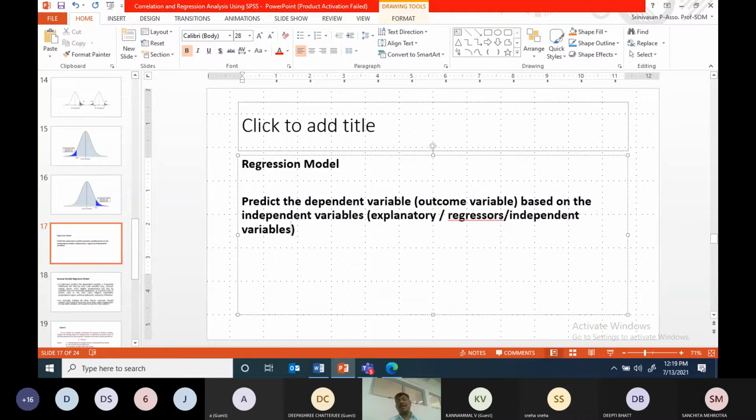Independent variables. Don't worry, participants. It is my duty to finish the topic which I have committed to. Number one, correlation. Number two, regression. Number three, logistic regression. Fifteen minutes is sufficient for logistic regression. Not difficult, very simple. Half an hour is for me to explain clearly what logistic regression is. I can do it.